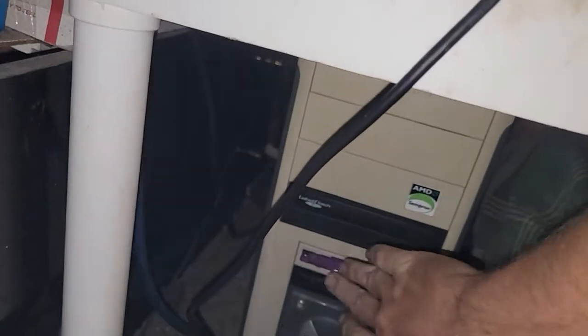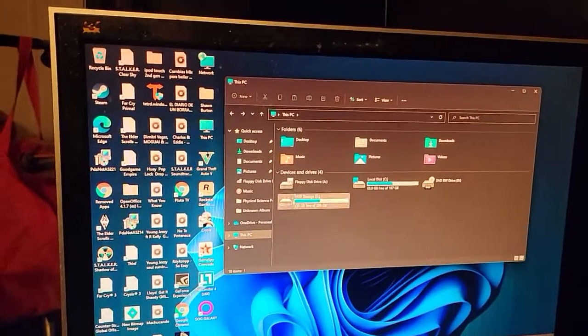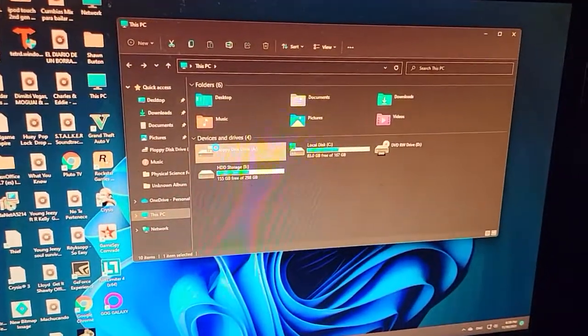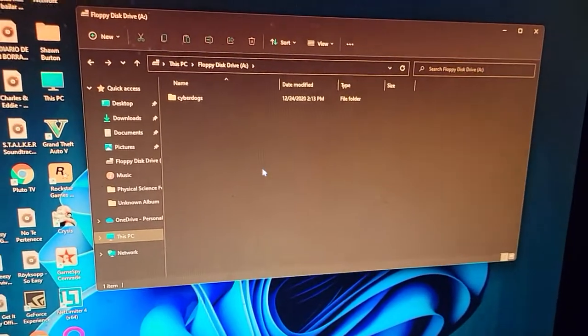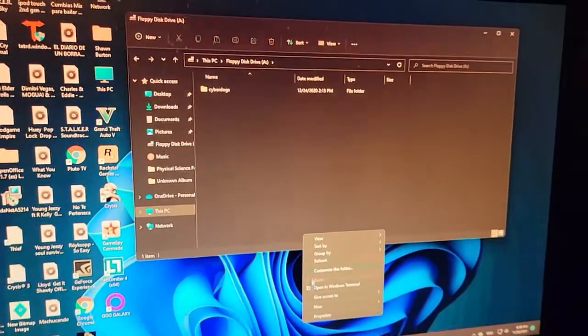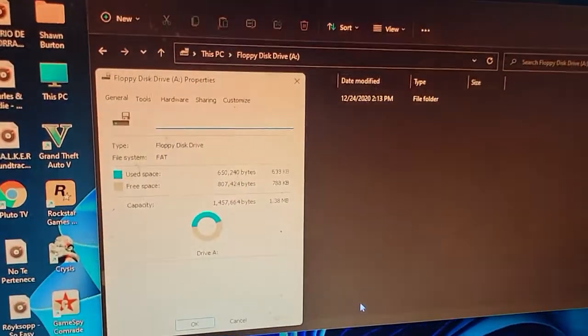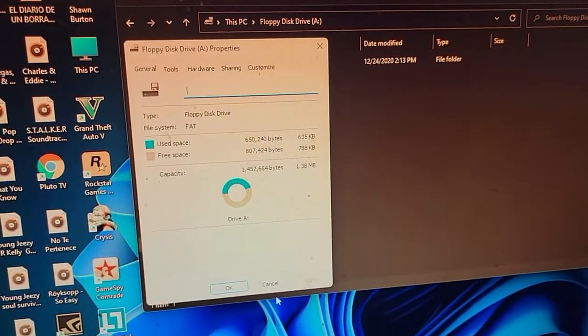You know, which actually what I got here. So as expected, see, I can open up the floppy disk drive, show more options, properties. So yep,